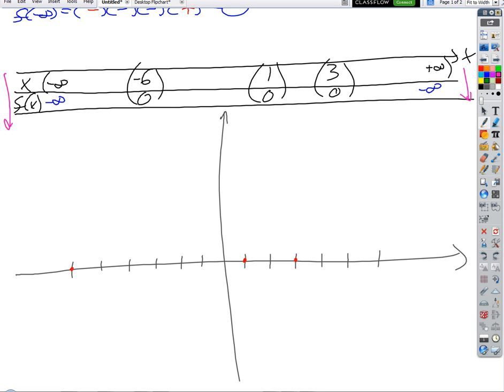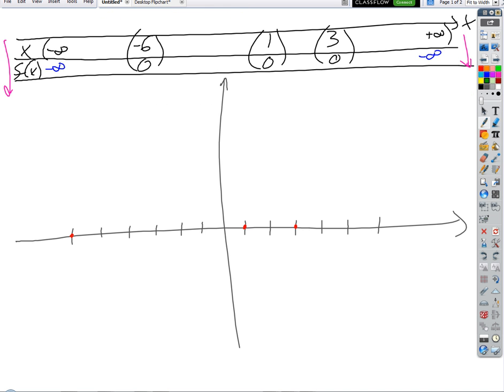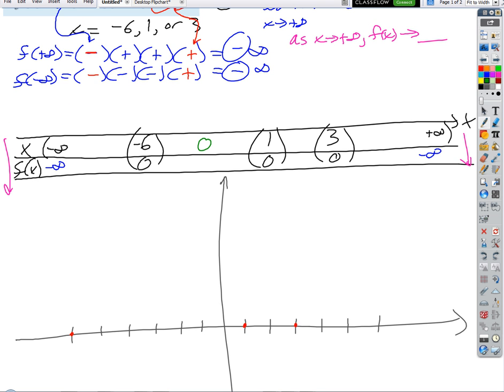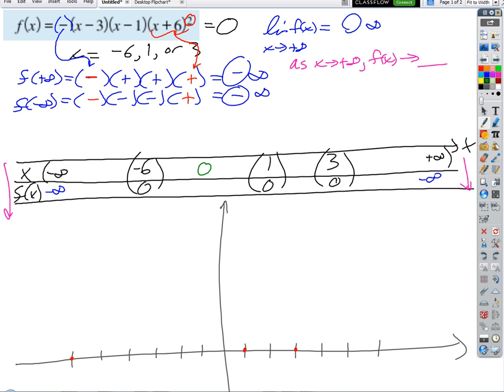So let's try some test points. We want to find the most convenient test points we can. What's going to be the most convenient test number between -6 and 1? 0, for sure. So at 0, what are we going to get for our sign? Well, we'll do the same kind of thing we just did up here with the infinities. f of 0 is going to equal